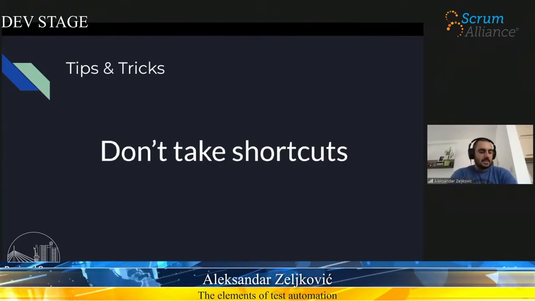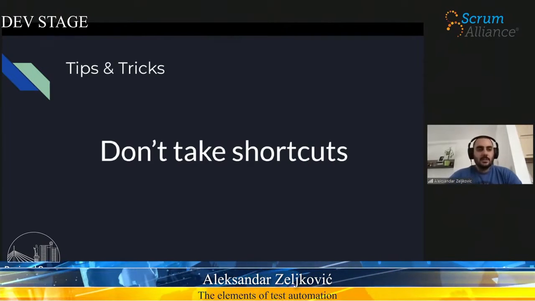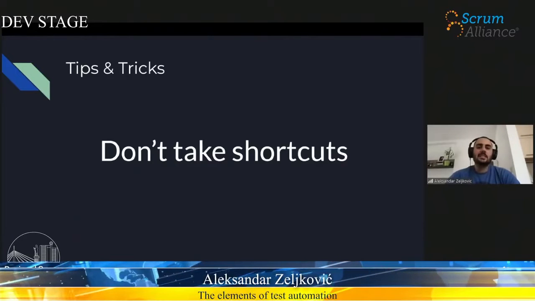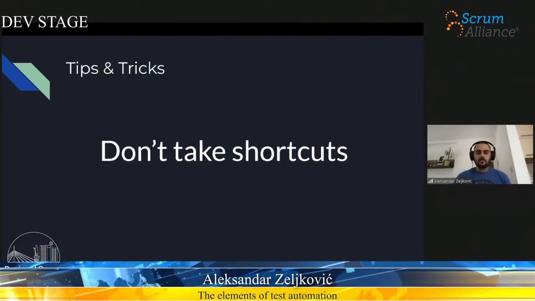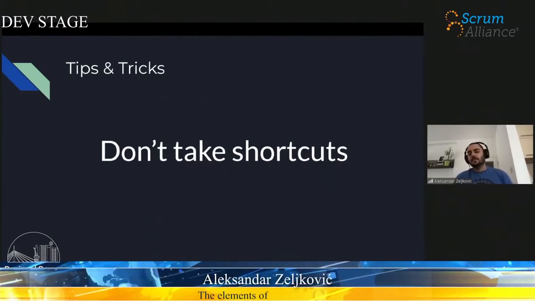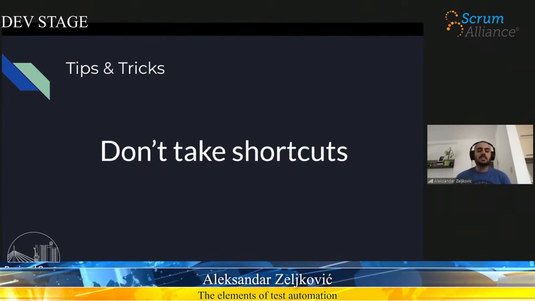Next step is don't take shortcuts. This is basically related to the previous slide, where very often development teams don't want to invest in skills or infrastructure or tools or whatever. They usually invest in tools, but they are forgetting about infrastructure and skills. Then they are trying to compensate that with some magic tools that are sold as artificial intelligence miracles, record and playback, codeless test automation and stuff.